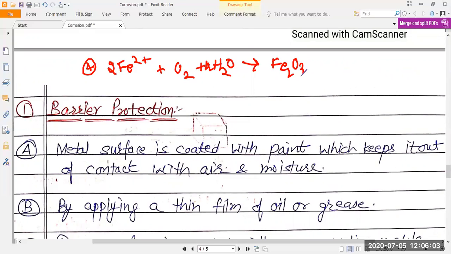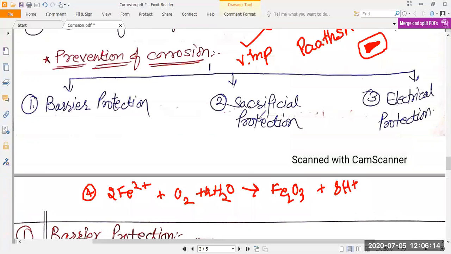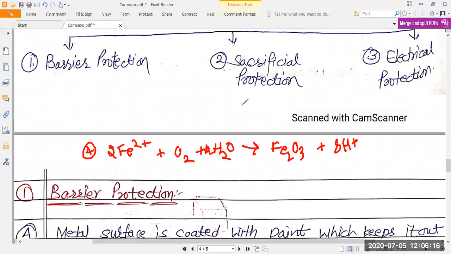Fe2O3, and release 8H plus. What did H plus do? They will react again on the iron article and form again a number of electrochemical cells. This iron oxide, in the fifth step, what happened? This iron oxide again